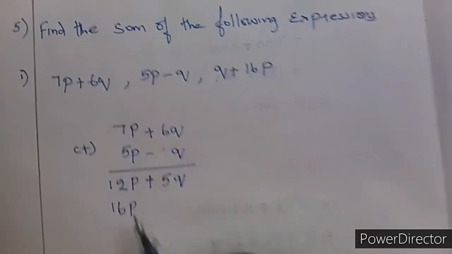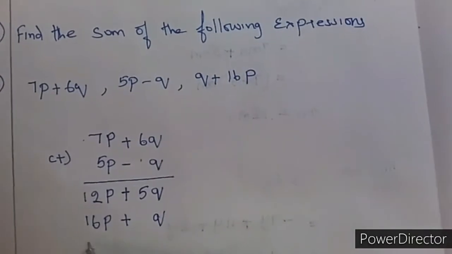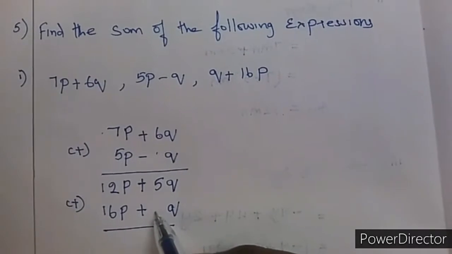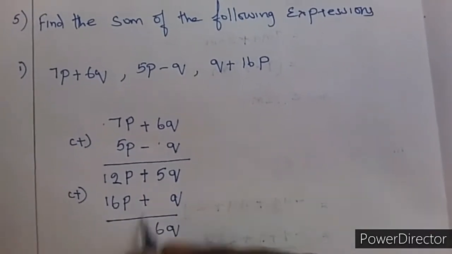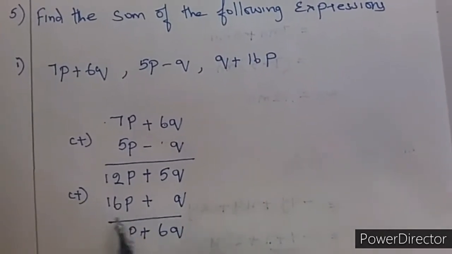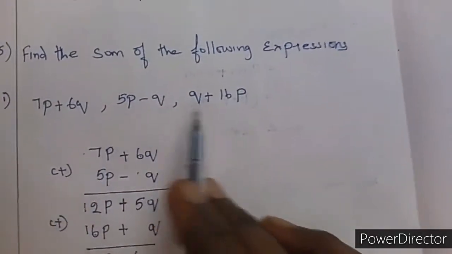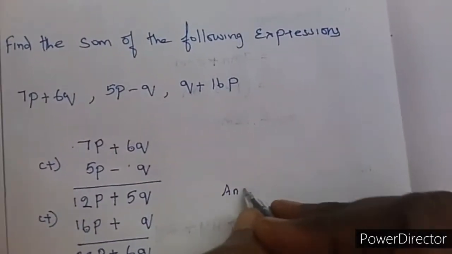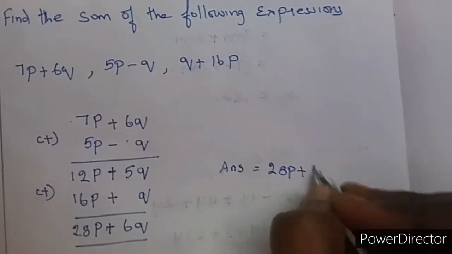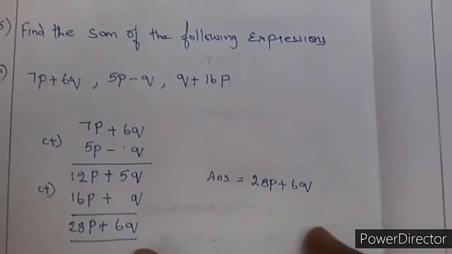We have to arrange the like terms. Now here it is plus q, plus q. Now addition. Now plus 5 plus 1q, it is 6q. Sign for this is plus, and here the variable is p. 28p. So since we are adding these 3 expressions, we will get the answer as 28p plus 6q. Like this also we can do, or one more method is there.